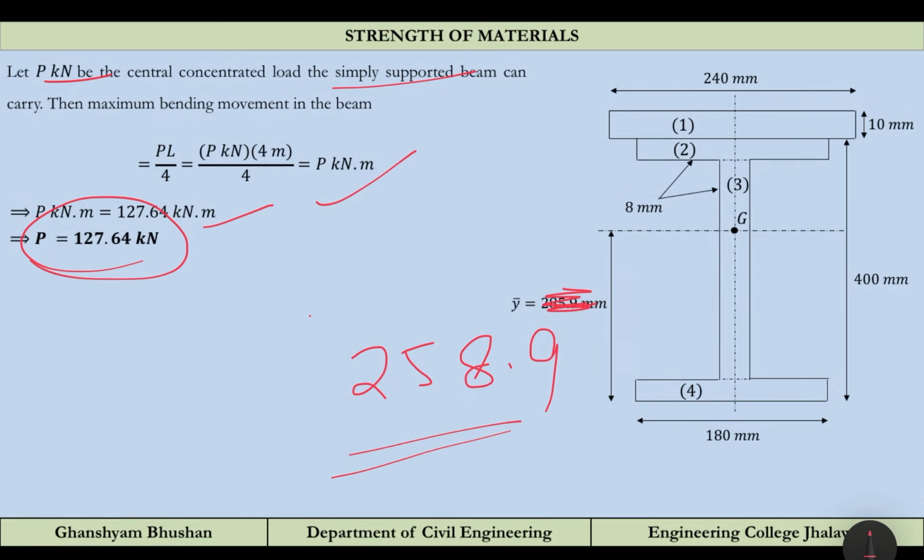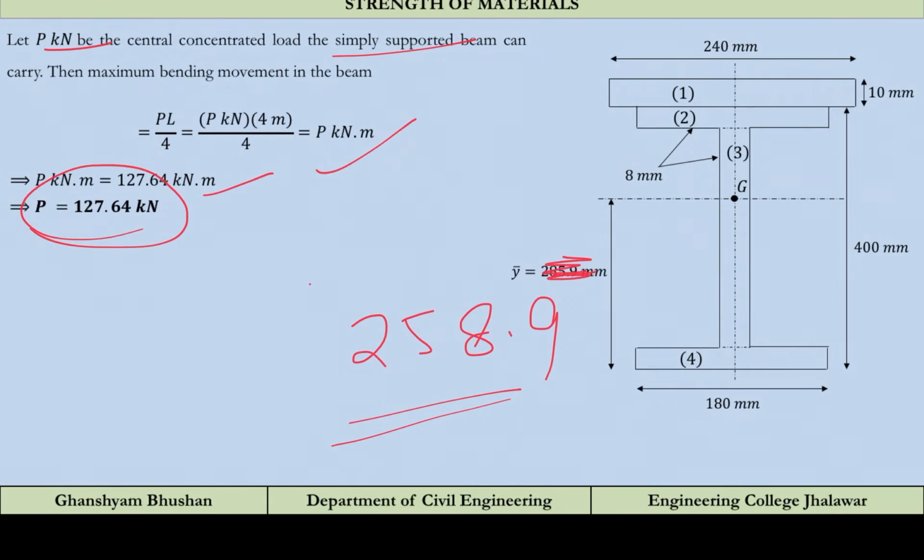First you have to calculate I. If it is a symmetrical section, then very good. If it is a non-symmetrical section, first you have to calculate the centroid. With respect to that centroidal axis, you calculate the moment of inertia and y. The maximum y will be taken for the calculation of Z. Using Z and sigma, you can calculate M, and this M should be equated to the moment due to the external applied load. Both values will be the same. Whatever parameter they are asking, you can calculate that. In this way you can solve problems based on the pure bending formula.